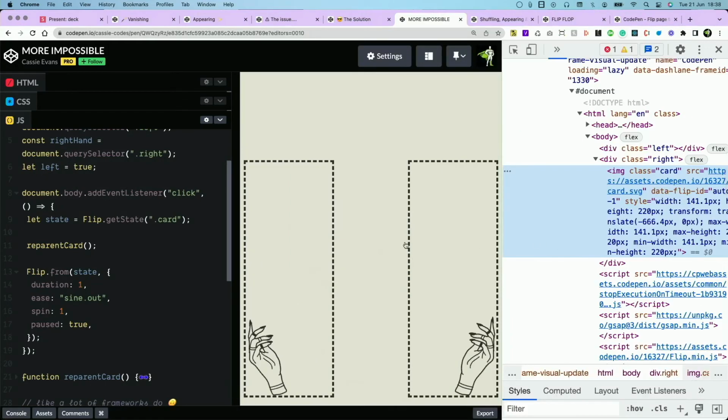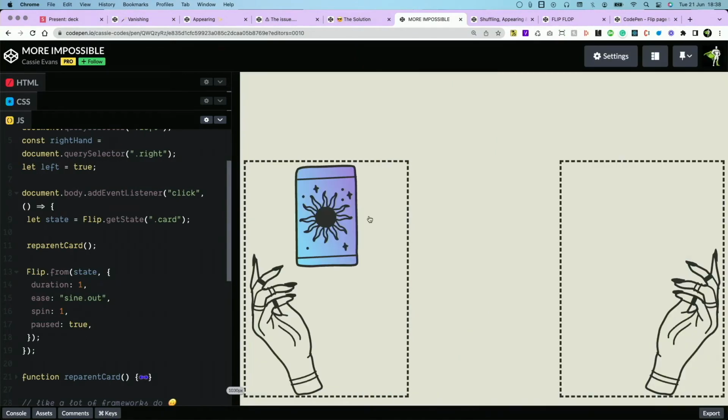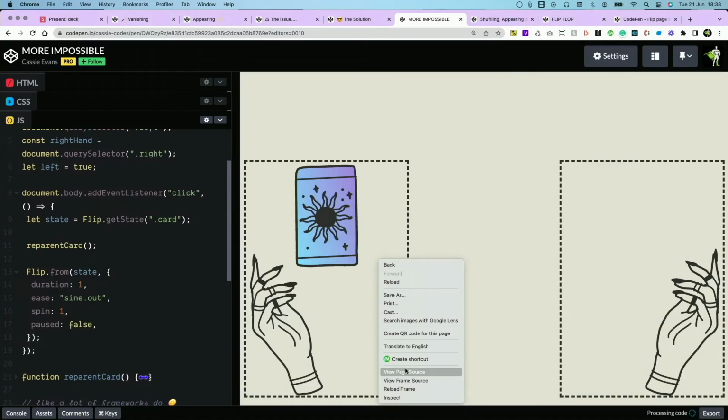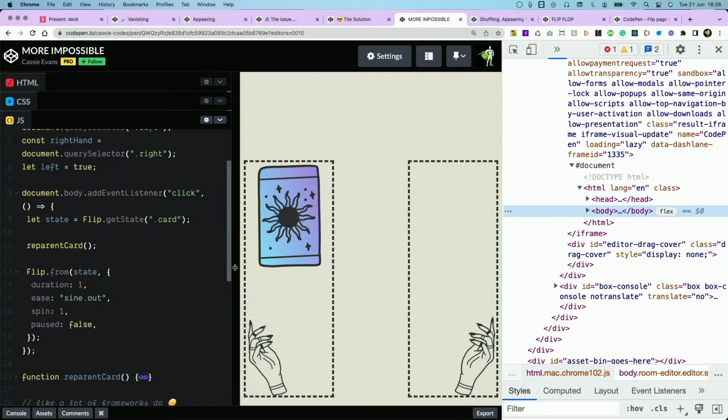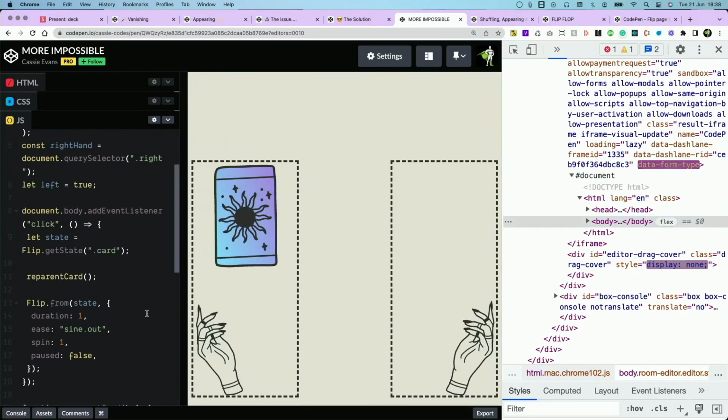If I take a little look in the DOM, oh wait, let's refresh that. Wait, I'll take that off. It's very hard to open the inspector and also a code editor on my tiny laptop screen. Let's try and squish everything.